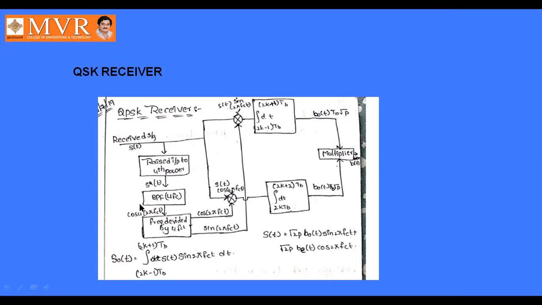And then a band pass filter is selected here. A band pass filter allows only a certain band of frequency. The frequency is 4fc. It can only allow the signal whose frequency is equal to 4fc. Then only it allows the signal. And then the frequency is divided by 4, giving fct. Why? Because here we are raising the input to the fourth power.